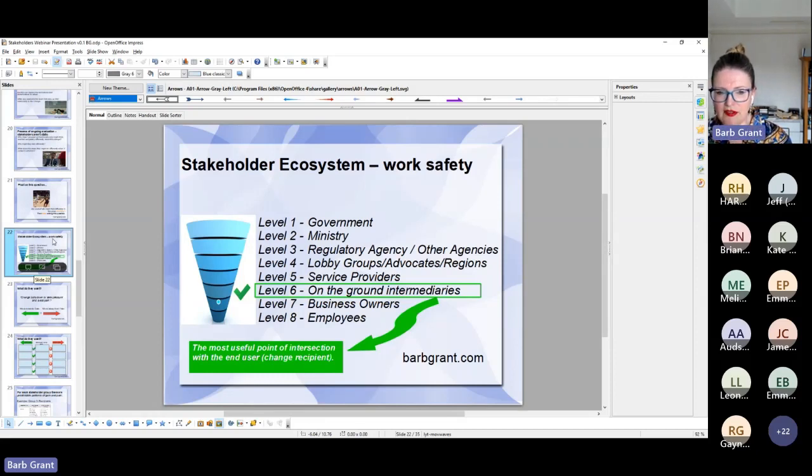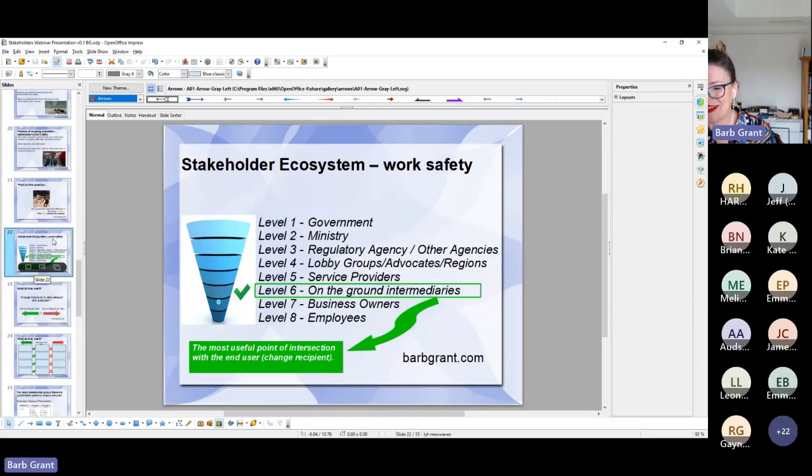And so that ecosystem, and there's a number of them around. I've also worked on the vocational educational sector piece as well lately. And so there's, back to this idea of hierarchies and layers. So within that ecosystem of work safety, there are very, very many layers, starting from the government right down to the employees, right? The people that we're trying to ensure the safety of, the employees, and then through a myriad of layers,